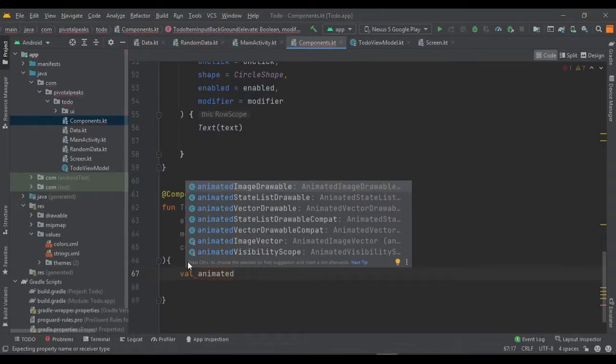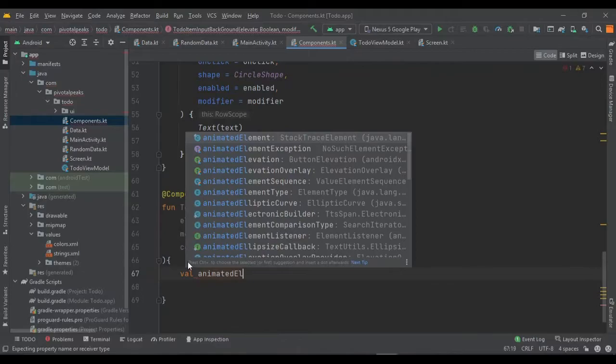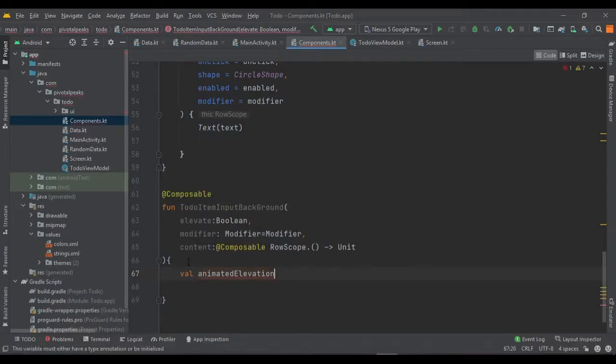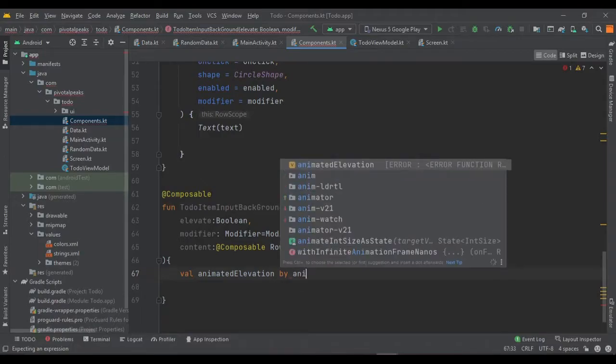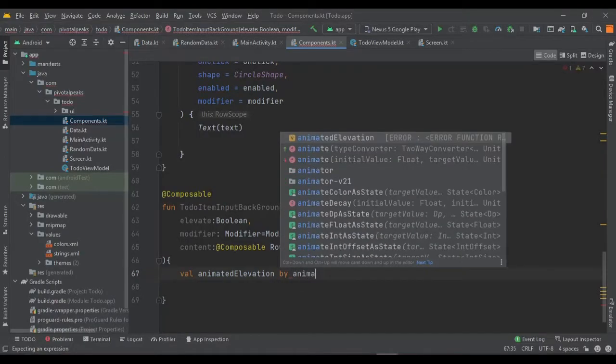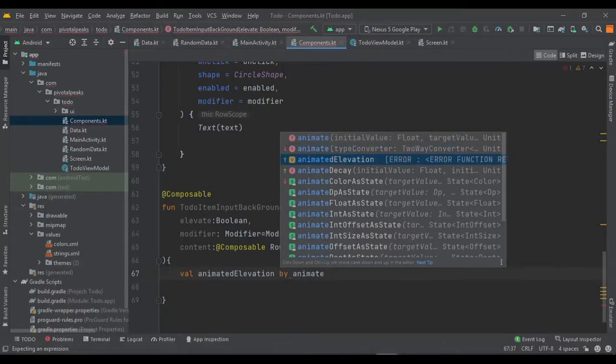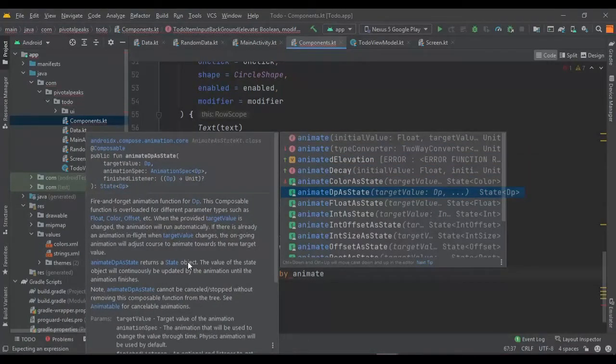It should show here, but it's not showing. Yeah, we got it here. Animated elevation by animate dp as state, this one.